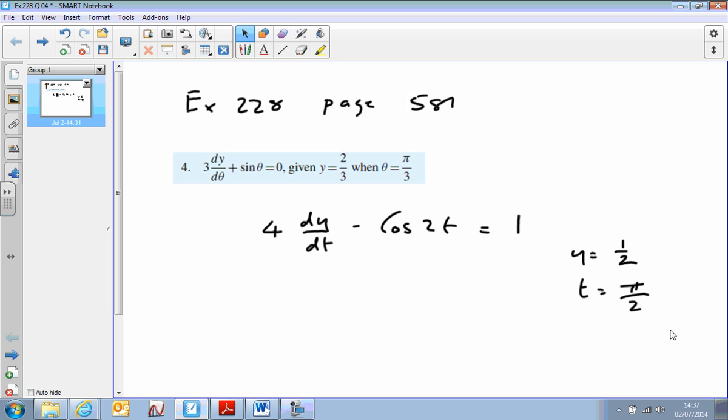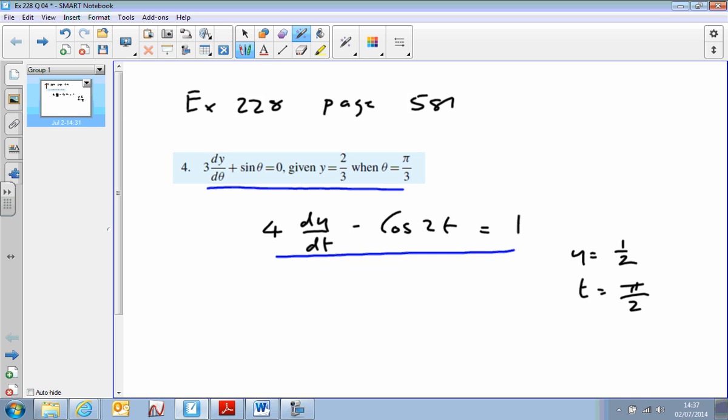Exercise 228, page 581, question number 4. So again, with this one, I'm going to let you have a go at it, and we're going to look at one that's similar. The steps are the same as we've considered already. The idea is to